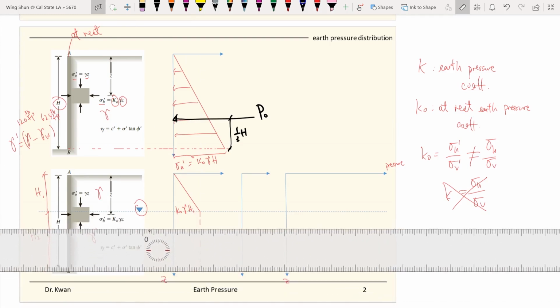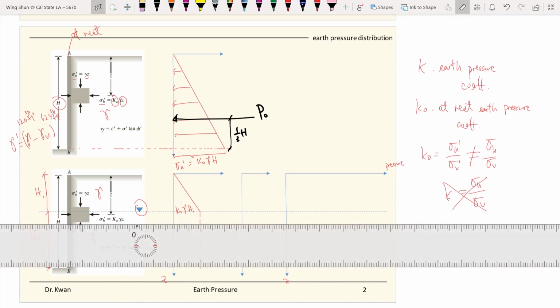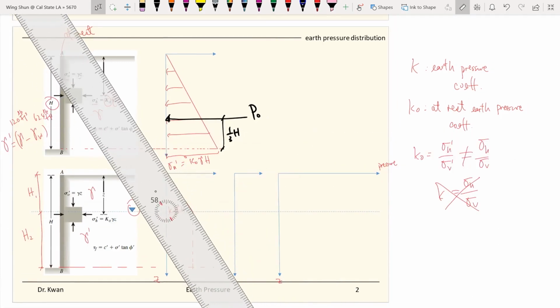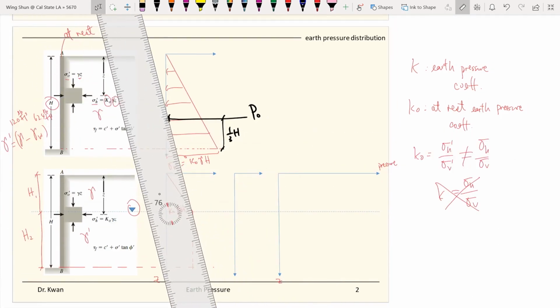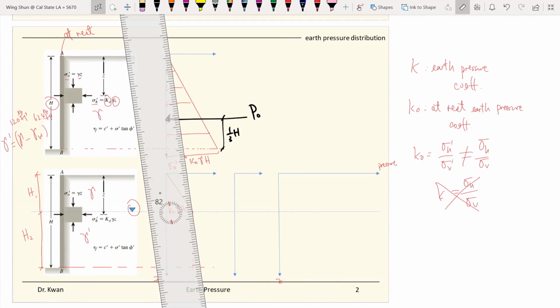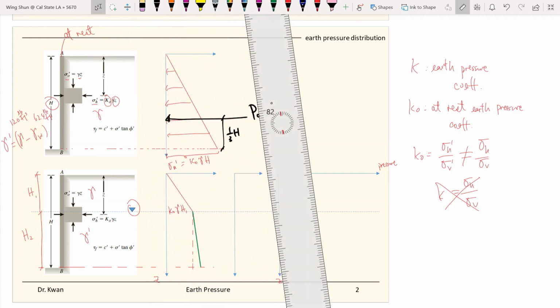So this is the bottom of your wall. And now you have the effective stress base that will go up maybe with a smaller slope, which belongs to the submerged part. And this part here